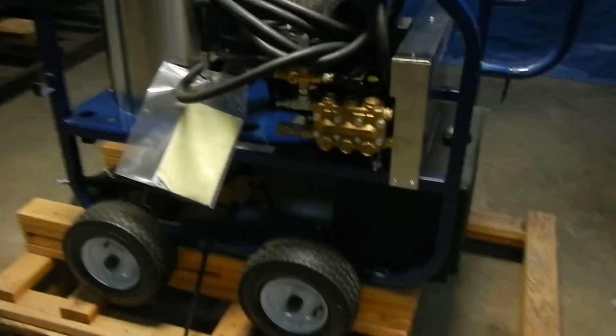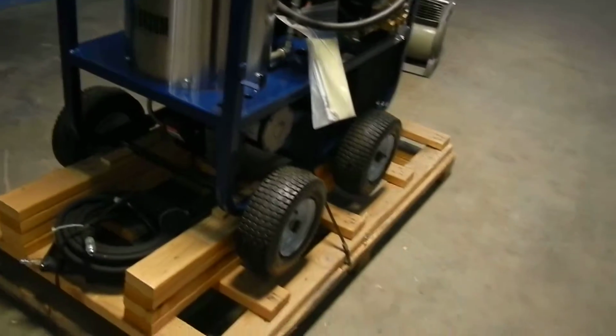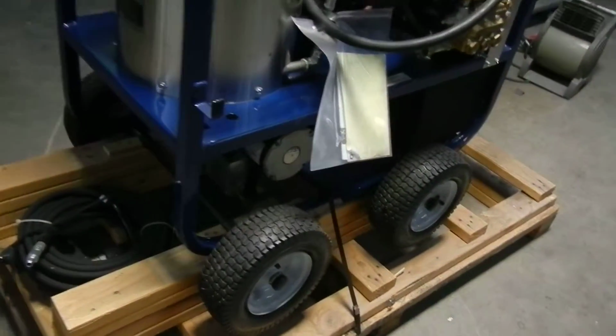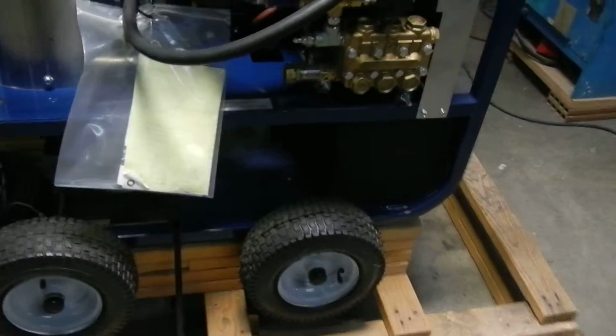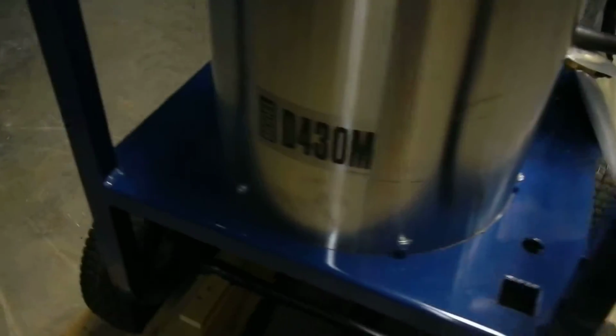Here we have a really nice Hydro Quick 8 horsepower, 3000 PSI, 4 gallon a minute pressure washer. It is a hot water model, as you can see right here. The hot water comes from your diesel fuel. It's got a Beckett blower on here,